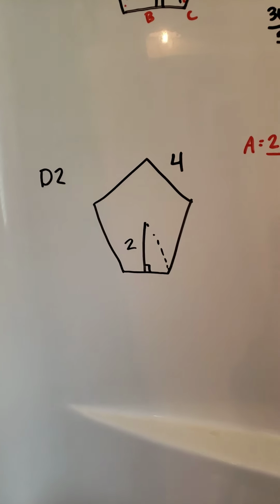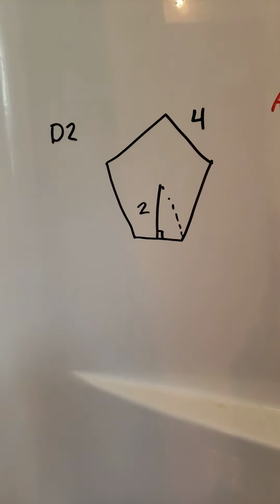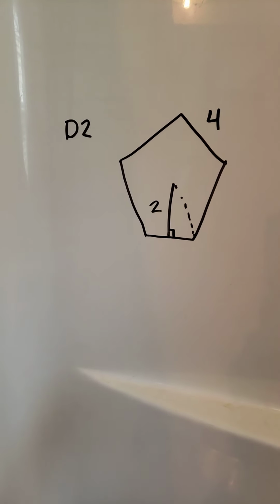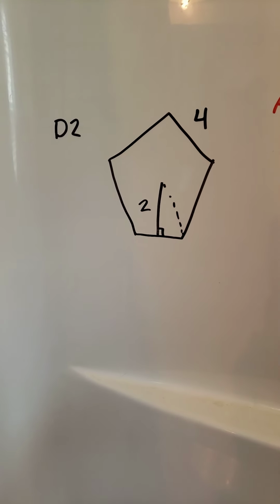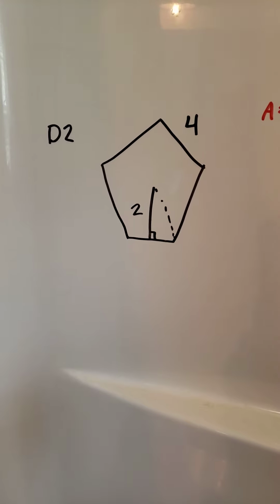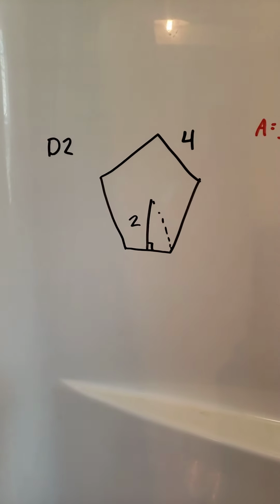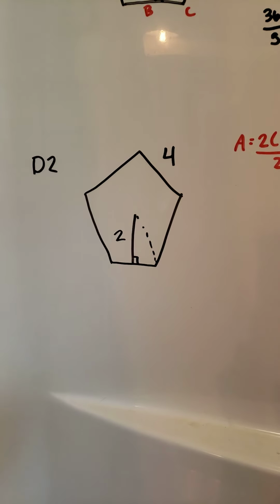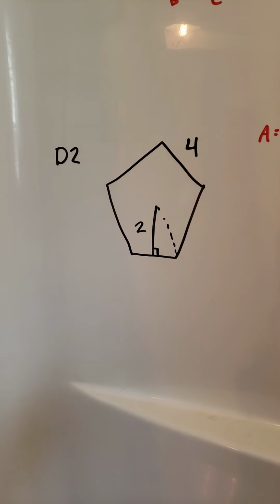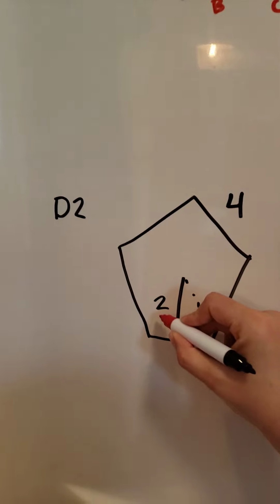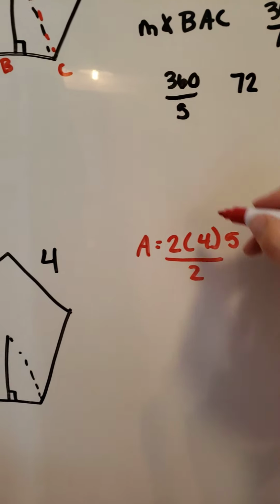Okay, on day two, I gave you a side length and I gave you the apothem, and all you had to do was plug those values into the formula for the area of a regular polygon. And my drawings are not to scale on this, I know. We're just gonna have to deal with it, okay? So the formula was apothem, which is gonna be 2. Okay, so I put 2 in for my apothem,